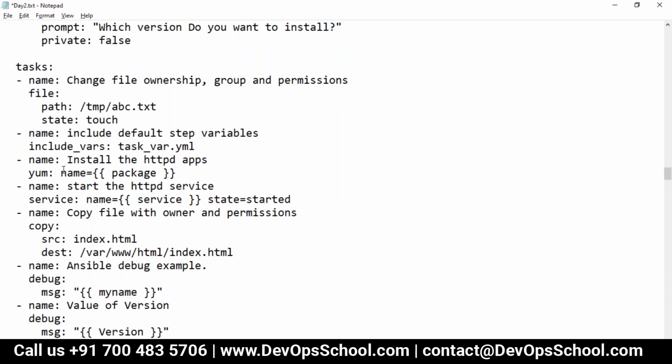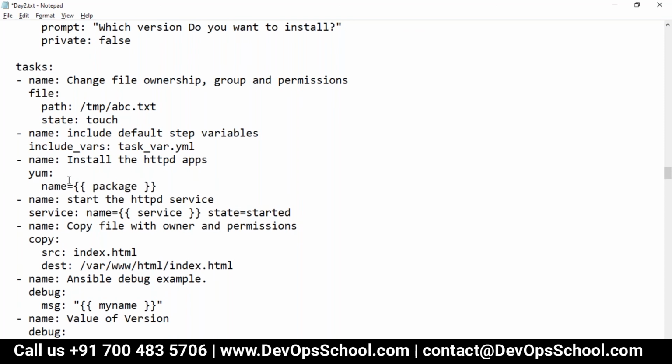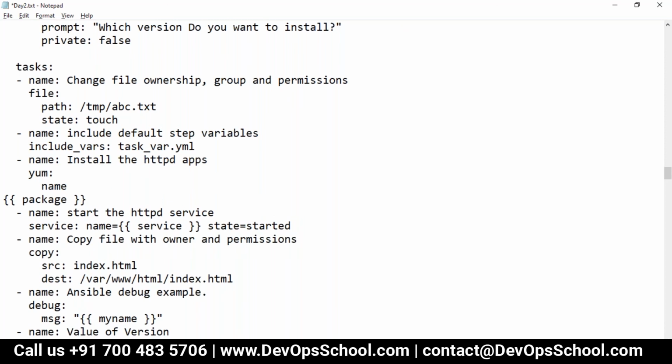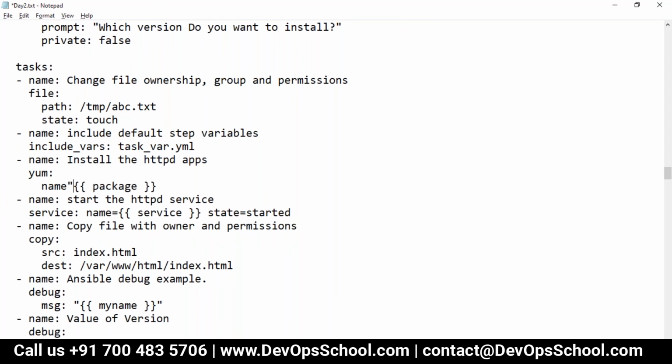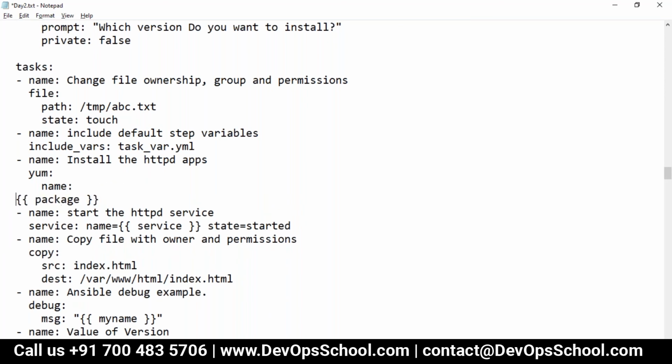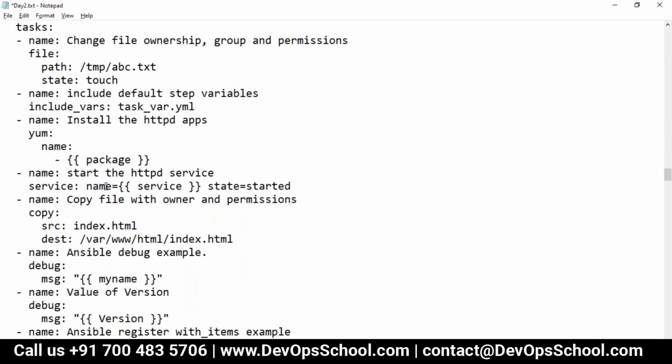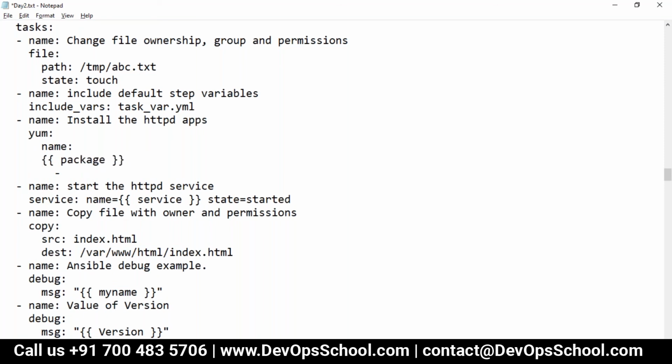If I use a different line, like this also, it's a YAML specification. I'll have to test this one. You can use it like this also. So these are the YAML specifications here. Remember, you cannot write like this, because it'll become a dictionary. Here is the key, and here is a value. So the value has to be in list format like this. So these are the ways to write it. So don't mind this one.